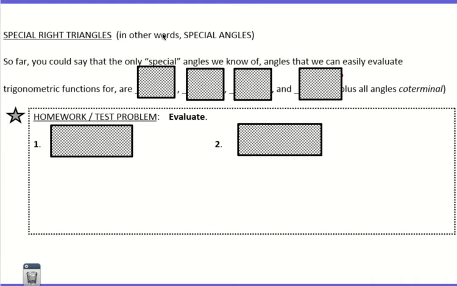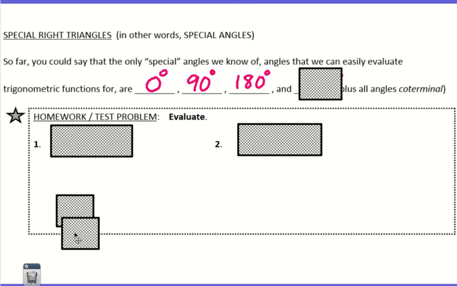No calculators, no looking up what the coordinates are online or whatever. Are there any coordinates that you would know, like, without any help? And I would argue that the really, really easy angles, again, are 0, 90, 180,